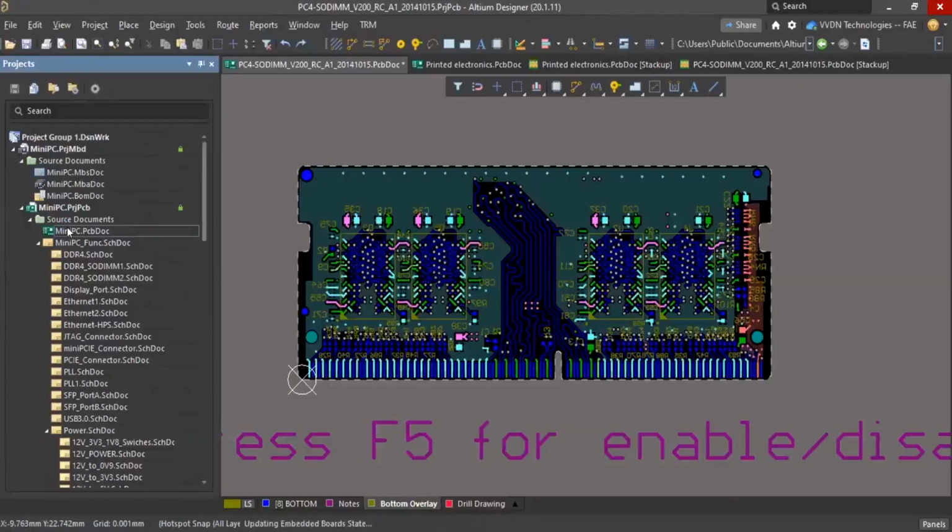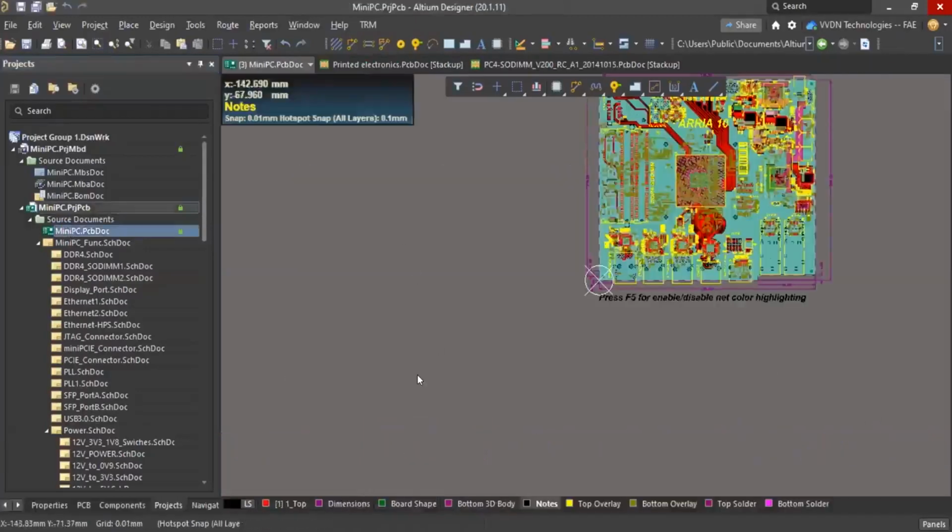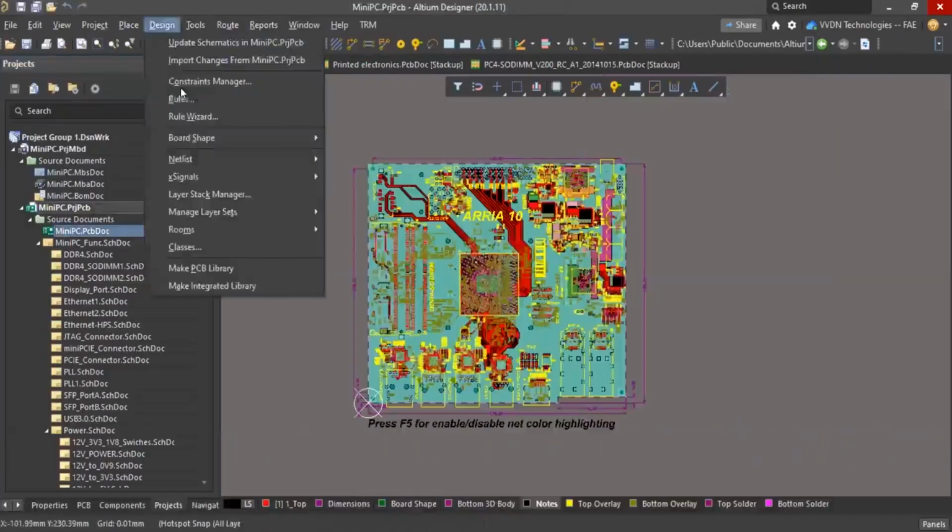That also I'll show you where we can apply in design constraints. And we can use custom query to define the vias for a particular signal or back drill for a particular signal, even for the impedance also. So, okay, I'll just show you.